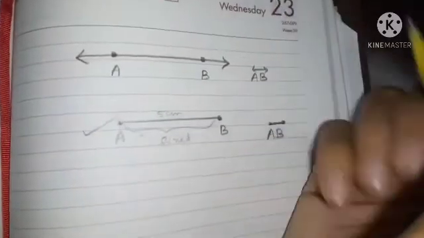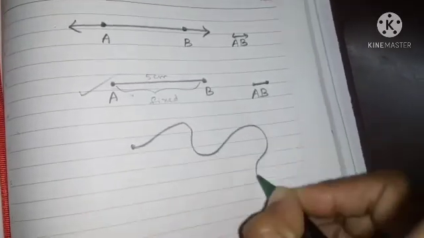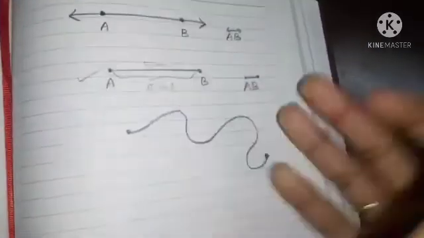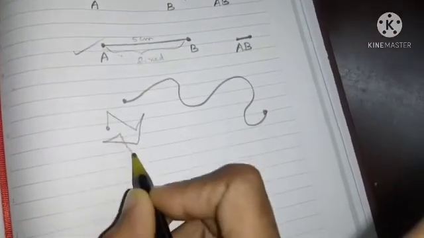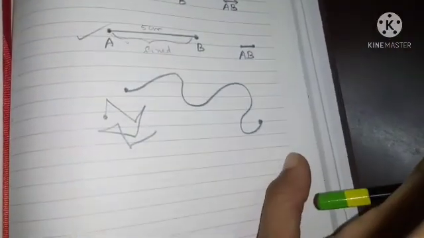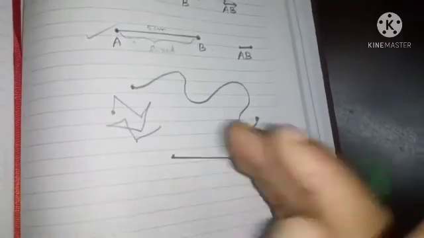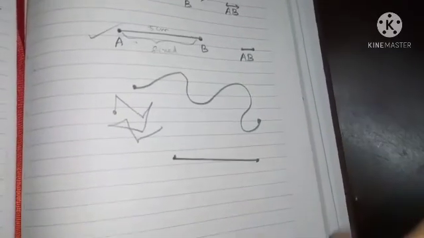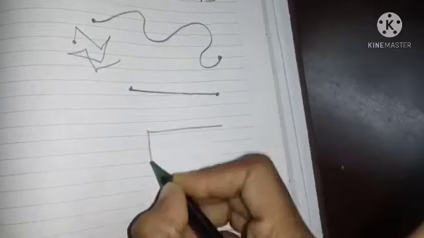Before that, I'll tell you what is meant by curve. Curve means it will have a starting point and one ending point. It can be in any shape. This is one curve. Any curve, but it has one starting point and one ending point. This is called a curve. Line means it should be straight. There should not be any bend in it. That is your line. So next, what basics have they told you? Corners. Corners means what?